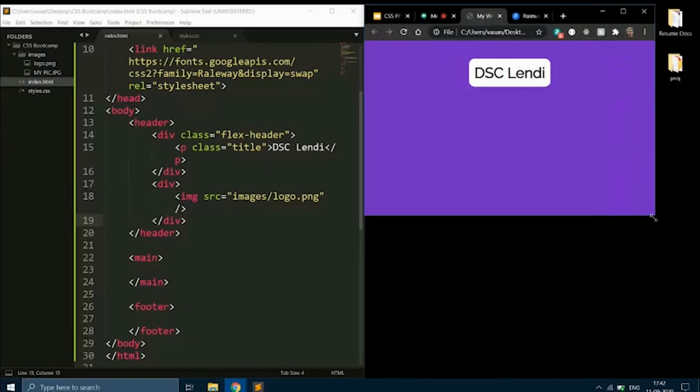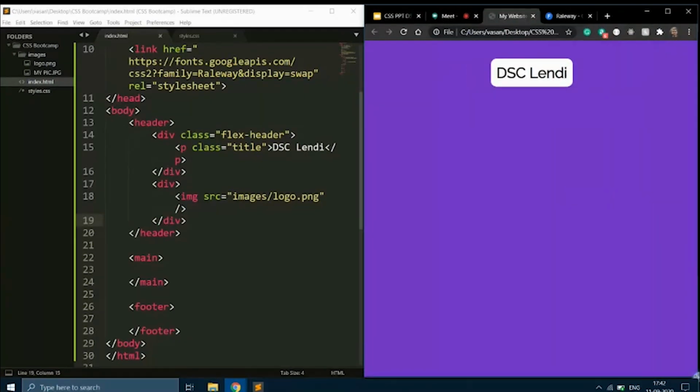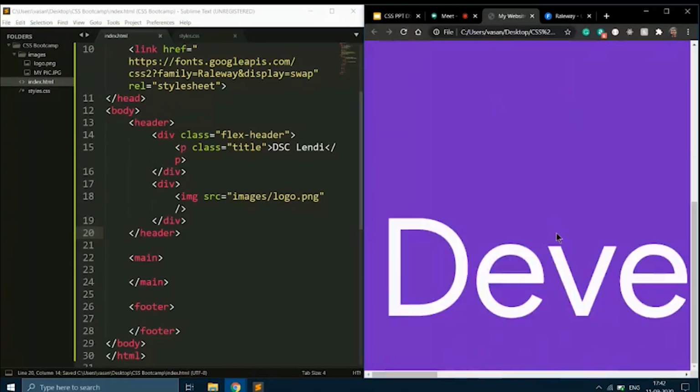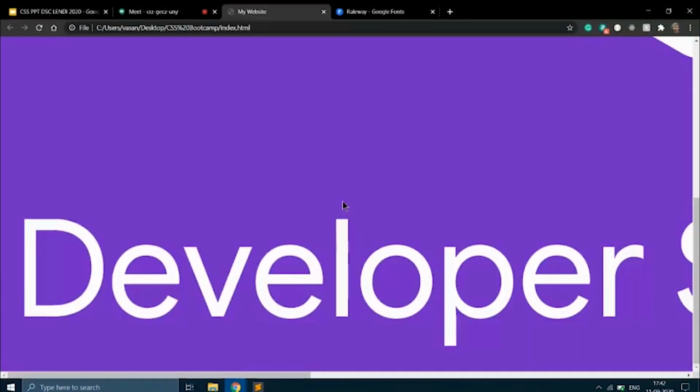One second, guys. So when I hit refresh, the logo should come. As you can see, we have got a very big logo.